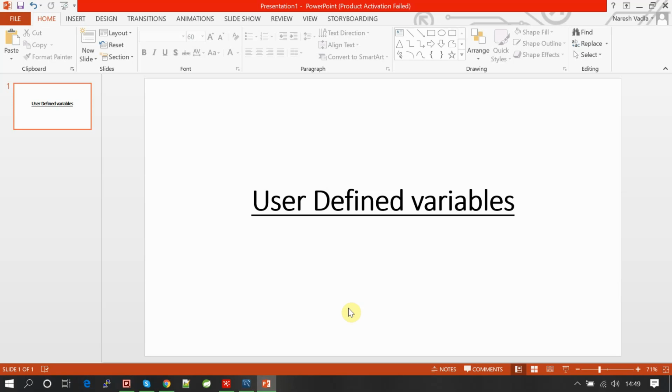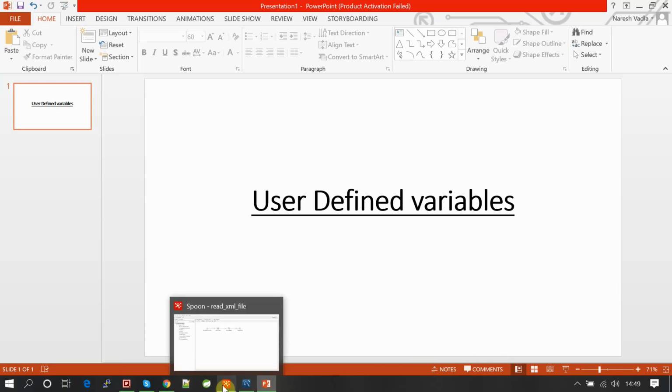That's how we do user-defined variables in Pentaho PDI. Let's see how I can do that. First of all, I'll show you what I'm using.